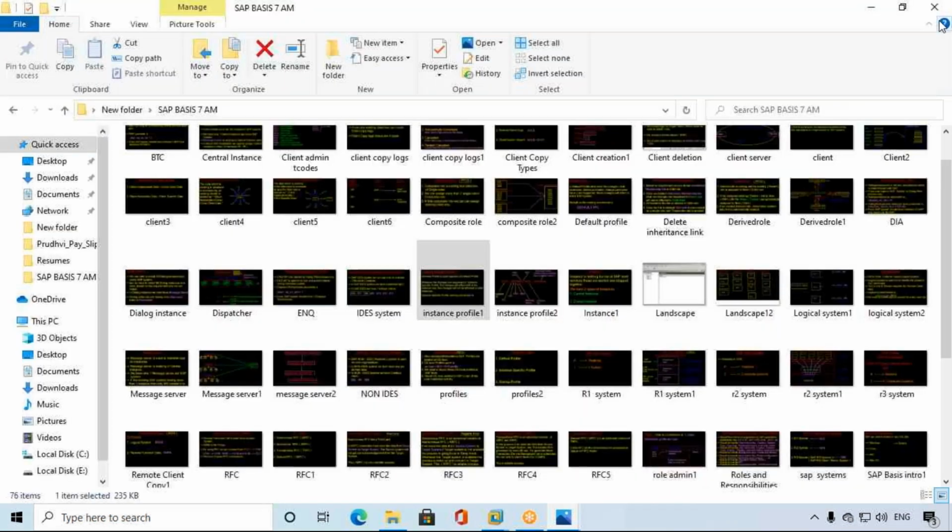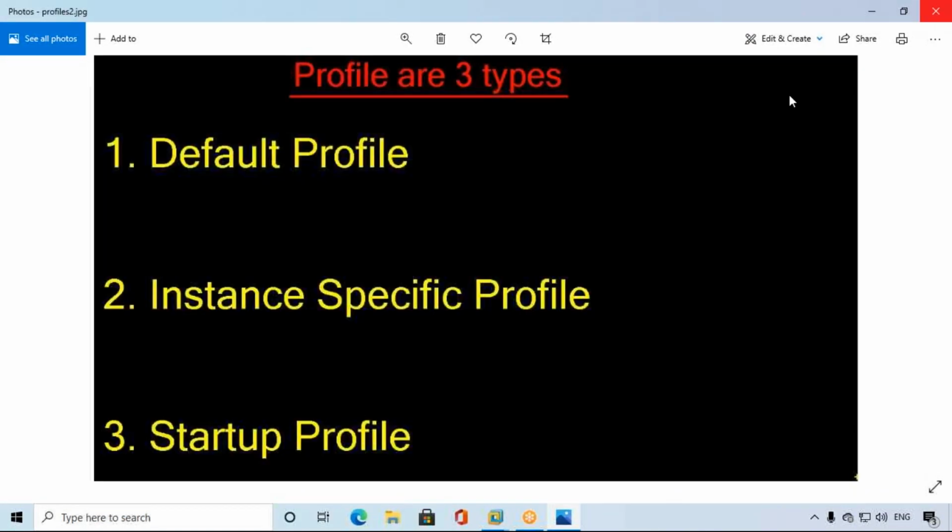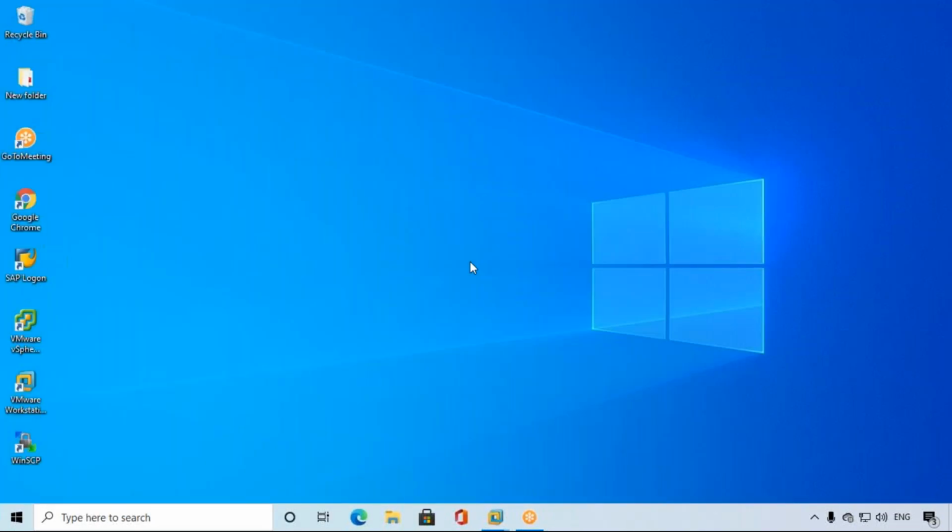So next one, the startup profile. Start profile or startup profile, both are the same. The startup profile is used to start SAP and shut down SAP.